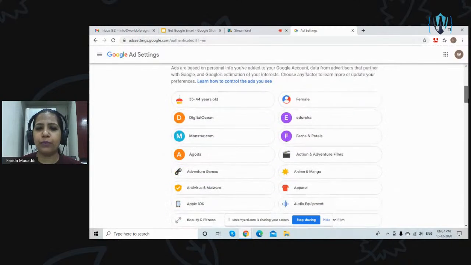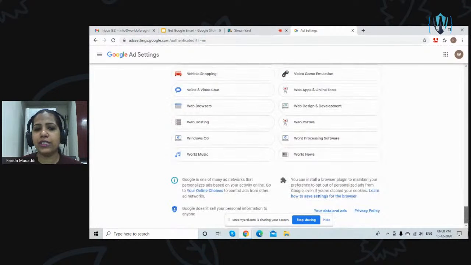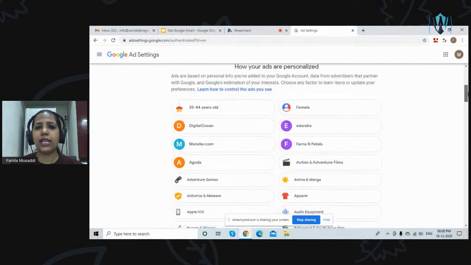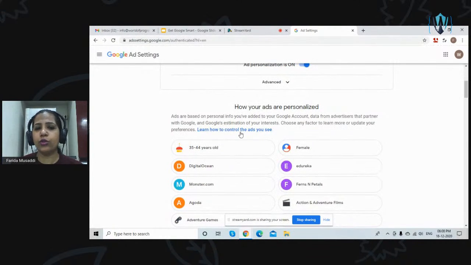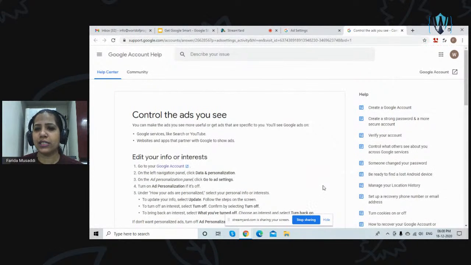So if you go to ad personalization, right now these are all the different sections that I have chosen. You can go to the section of learn how to control the ads you see. And here you can apply different settings. You can edit your info.